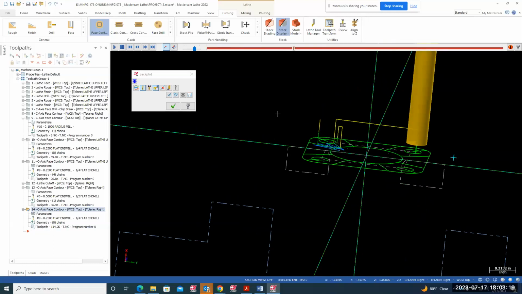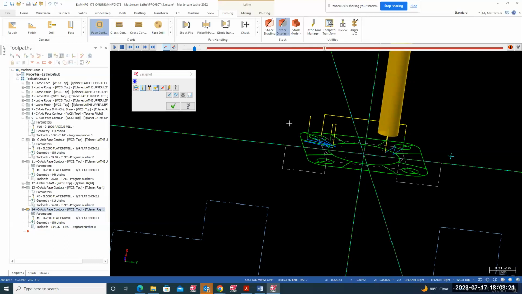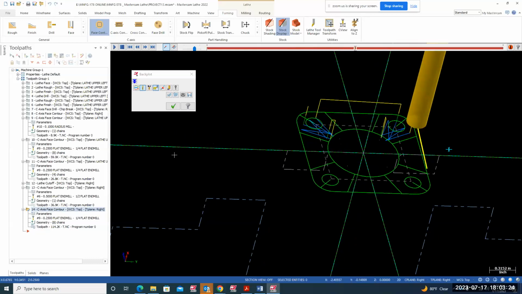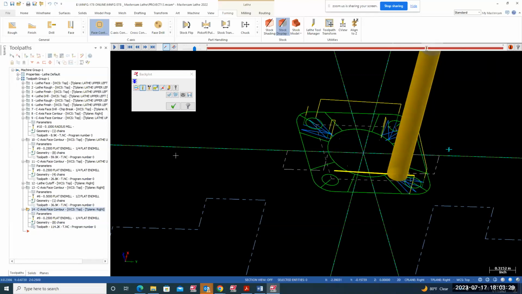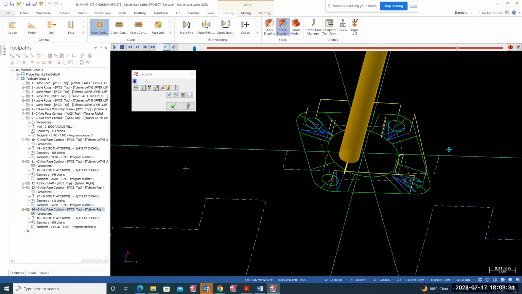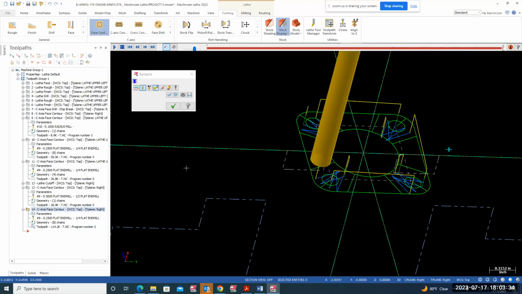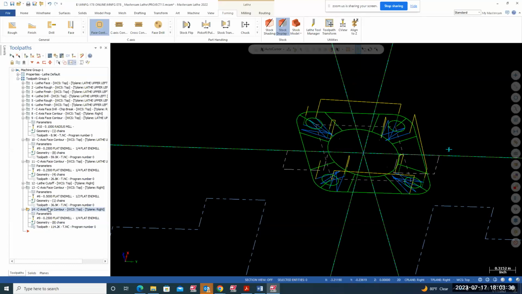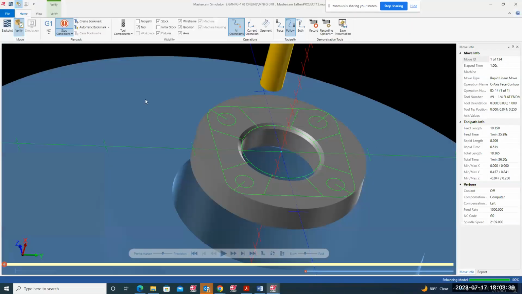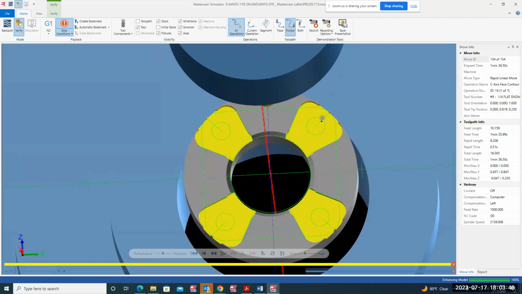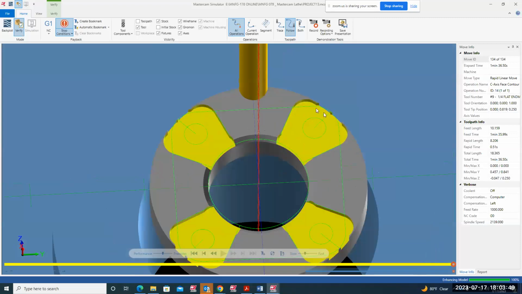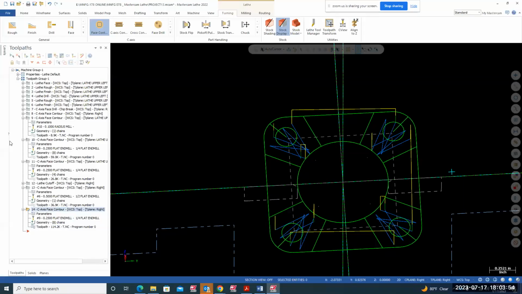Are we cutting multiple passes? That is not correct. Okay, that's good. That's even better. It cuts the whole thing, 1/4 inch end mill. Yeah. So if you're going to run that,